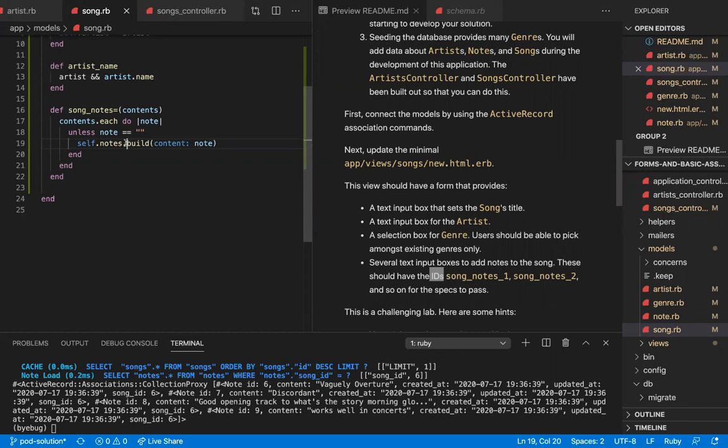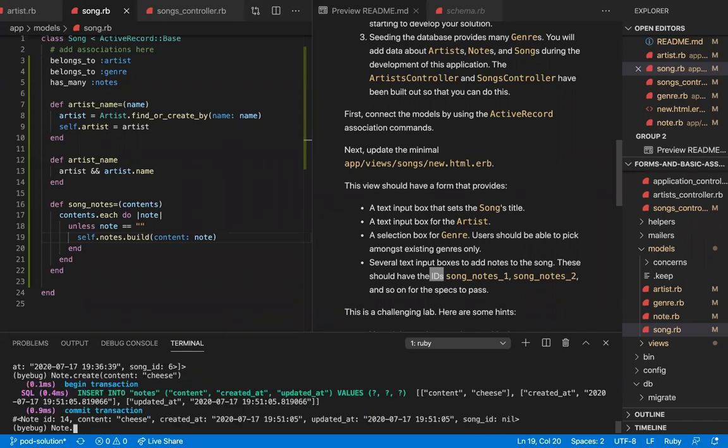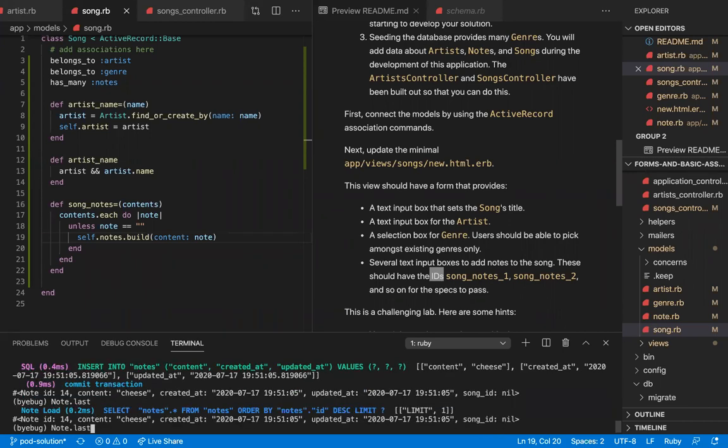Okay. If I'm taking in, you'll remember that at a certain point, if I create a note, note.create content cheese, right? And now I can call note.last. And now if I were to be rendering this note out into the browser, you'll notice that the song ID is nil. So I would probably be, two months later, on the development of this beautiful playlist app that allows me to rate Britpop songs,